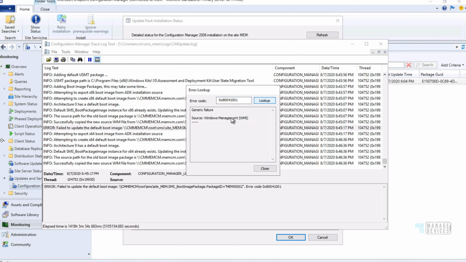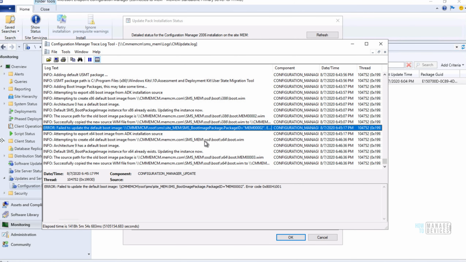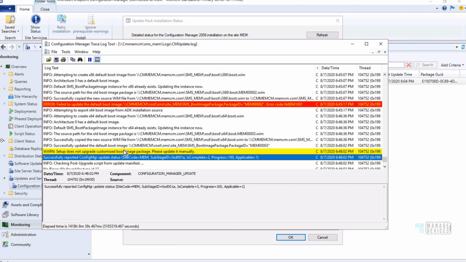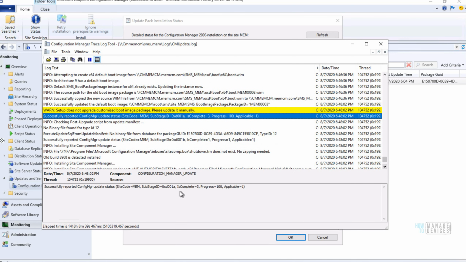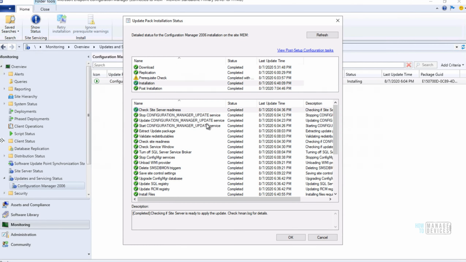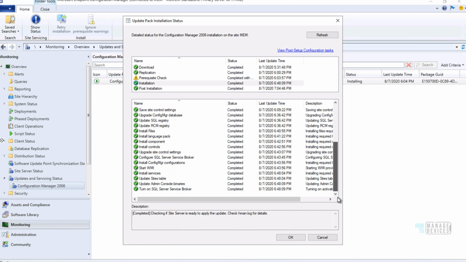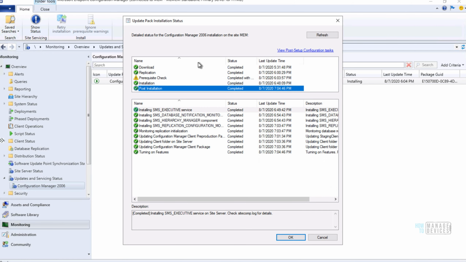If you see some errors, you can look within CMTrace and find the reason for the error. But most of the things can be ignored here. I could see some errors related to boot image update, etc. Now we have completed the post installation as well for 2006.